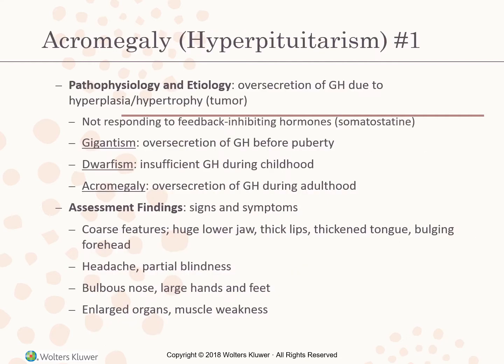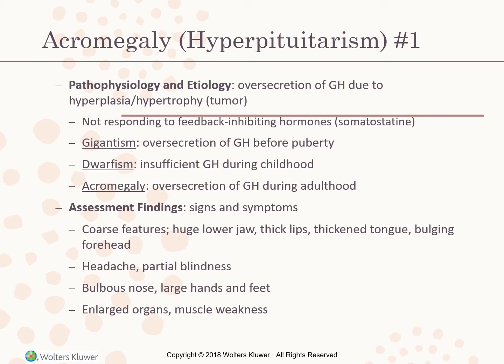So before we go into acromegaly, we need to talk about disorders of the pituitary gland. Now, pituitary gland disorders usually result from excessive or deficient production and secretion of specific hormones. When there is an oversecretion of the growth hormone that occurs before puberty, the long bones are not yet fully united. What'll happen is gigantism results. When secretion of growth hormone during childhood is insufficient, then we get dwarfism.